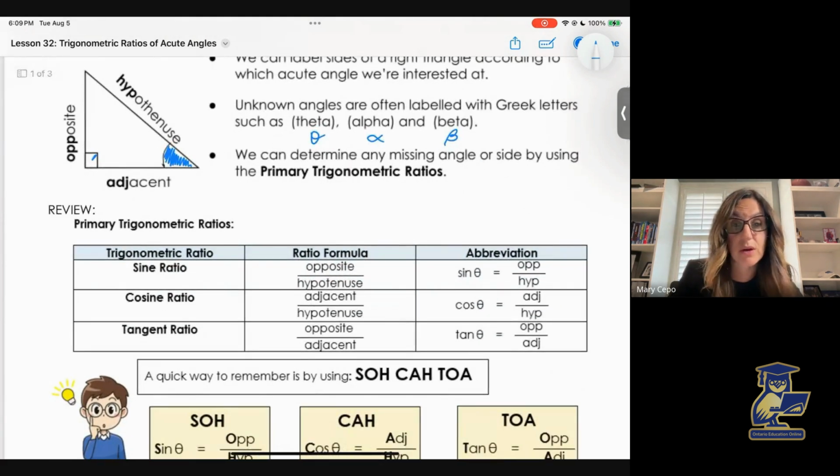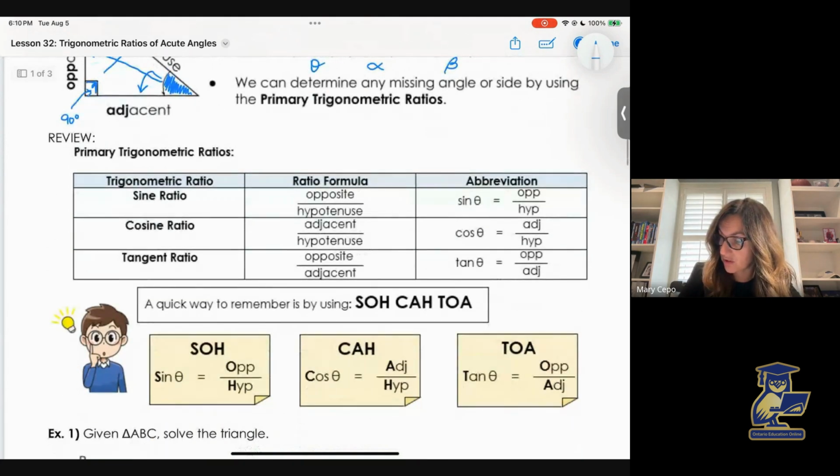So let's just remind ourselves how we would label. We do have the 90-degree angle. I drew a little arrow indicating the hypotenuse, which is always directly across from the 90-degree angle. Then we choose, again, there are two acute angles. We've chosen this one. Opposite would be such, and then adjacent would be beside, so it'd be that side. So it's very, very critical to label your right angle triangle properly so that we can state the proper ratios